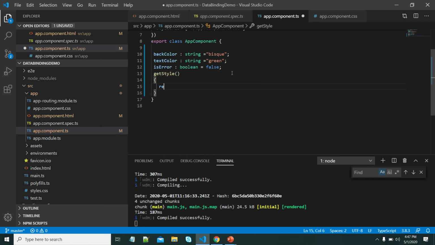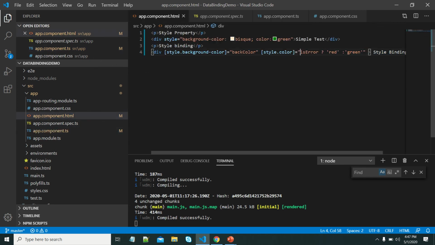Let me return anything, suppose it is giving the green. In place of this thing we can write this method directly.